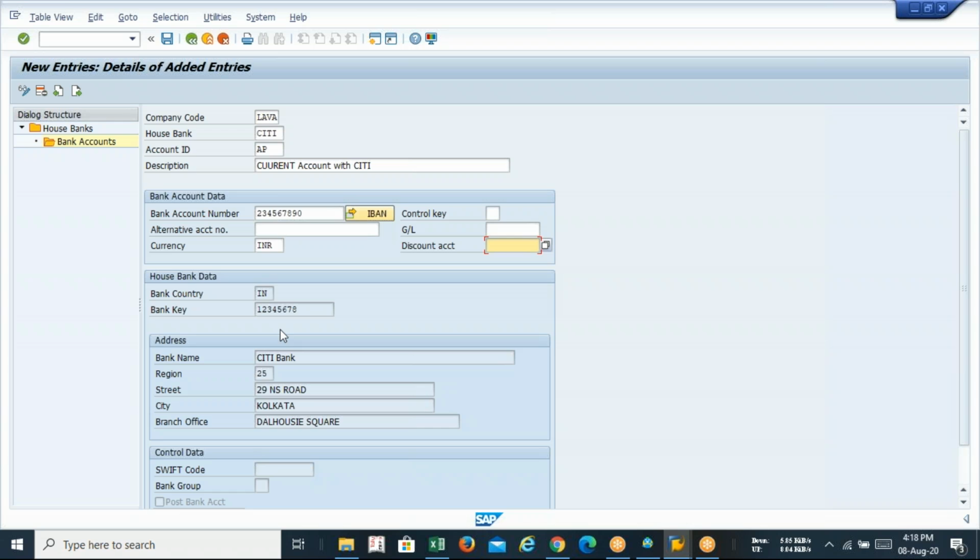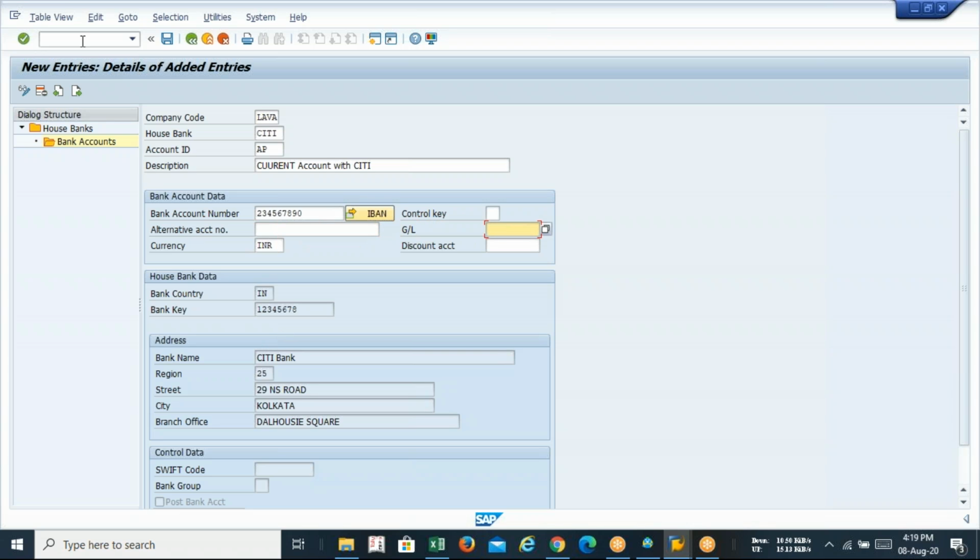Outgoing payment and incoming payment will be the sub ledgers, and the main account will be the main ledger. What I'm trying to say, I repeat, for house bank creation, the outgoing GL and incoming GL, those two GLs will be used as sub GLs. But apart from that, we have to create a main GL for the house bank. So here we are going to create the main GL for the house bank.